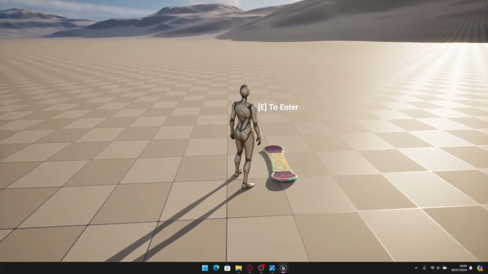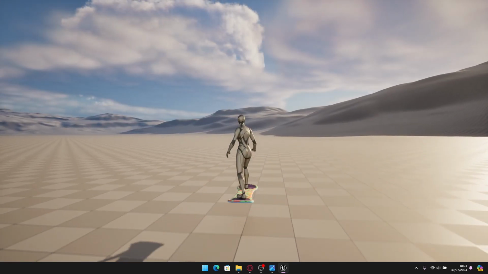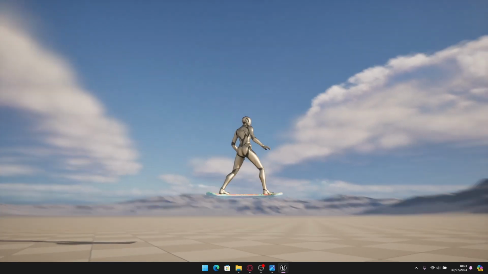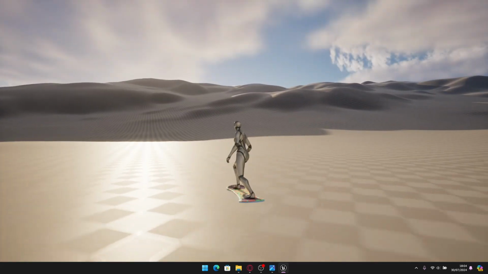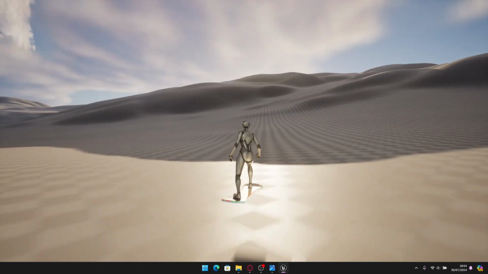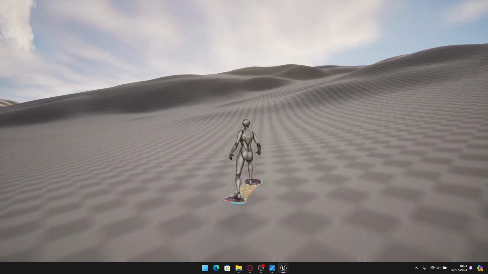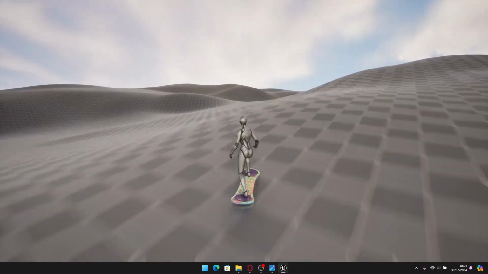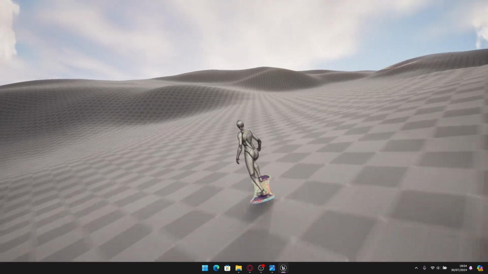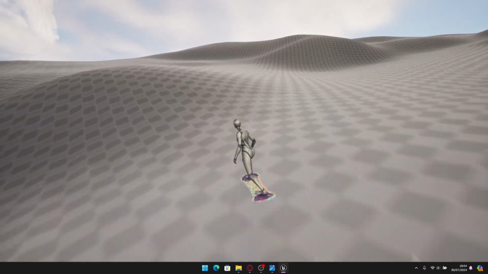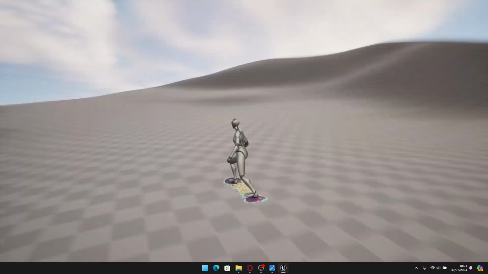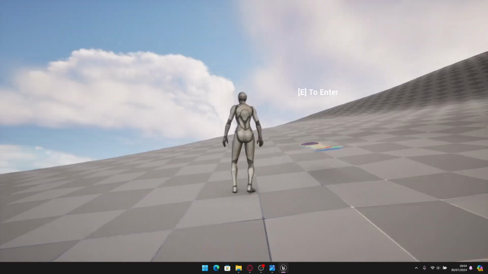So let's enter the hoverboard so you can see. Now I'm controlling the hoverboard and it is floating as you can see. So let's go to these mountains here so I can show you this working. So this is basically what we're gonna build in this series, and as you can see, it's a pretty cool system. This is really stable, so you can move around freely, and of course if I press E again, we